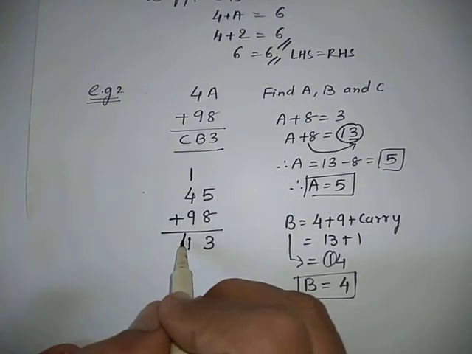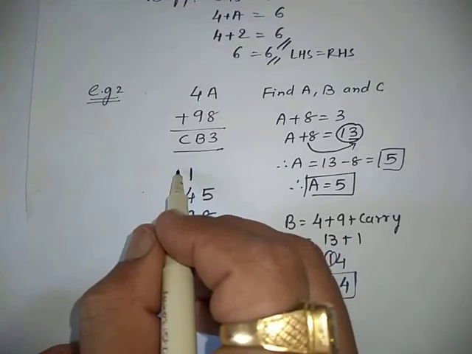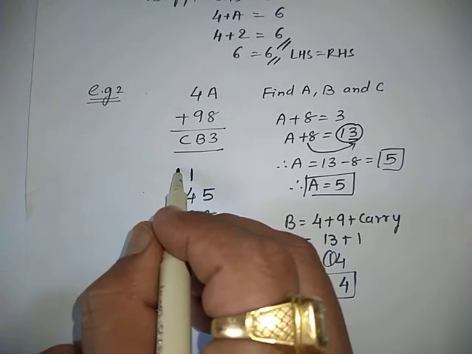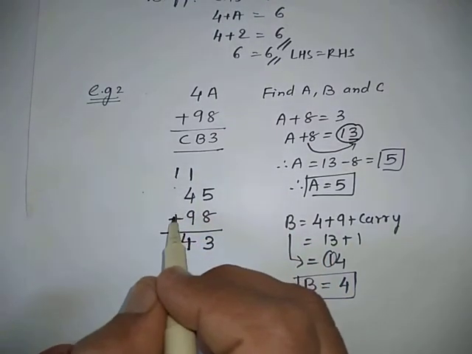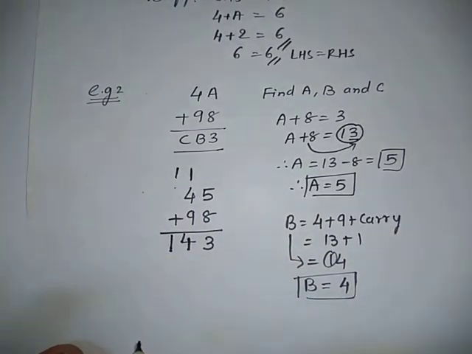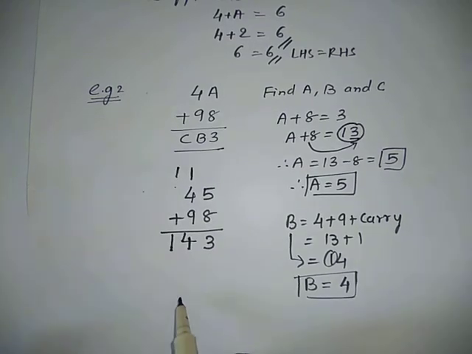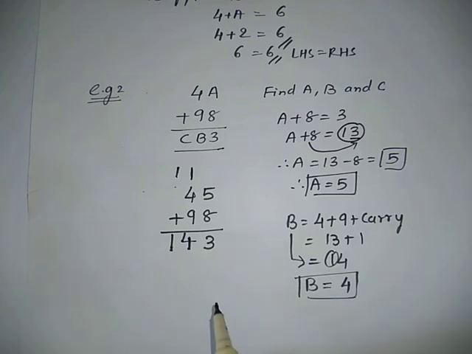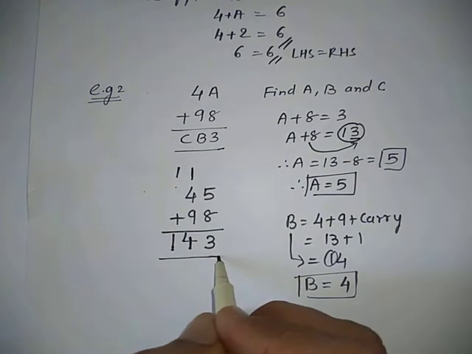Okay, so we will put 4 and carry over 1, but I cannot put the carry because there is nothing over here, no digits, only a 2-digit number is there, so obviously the carry will be brought down over here, and it will be written as 14. Clear friends? Any doubt? No doubts. So we proceed further.